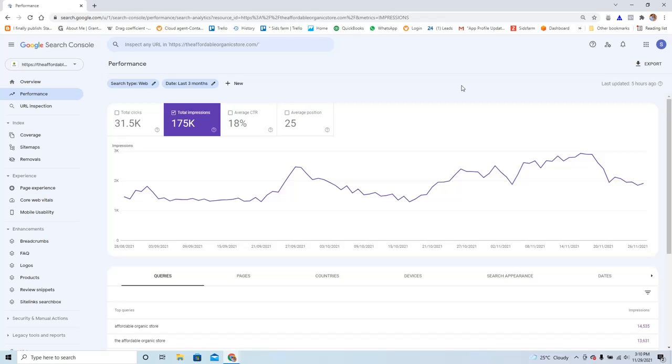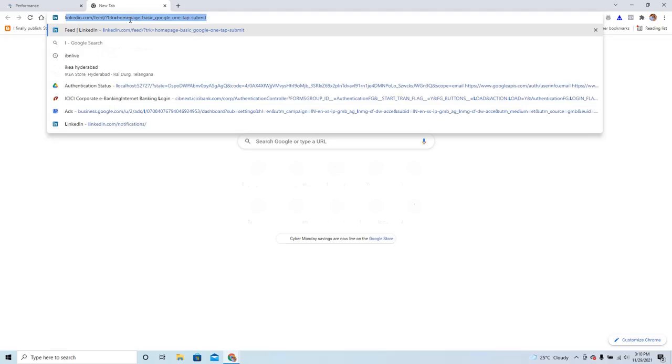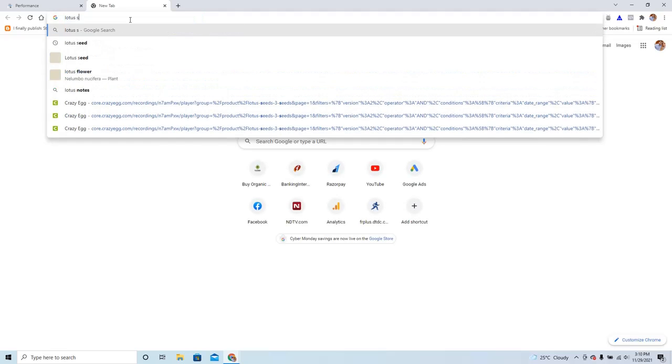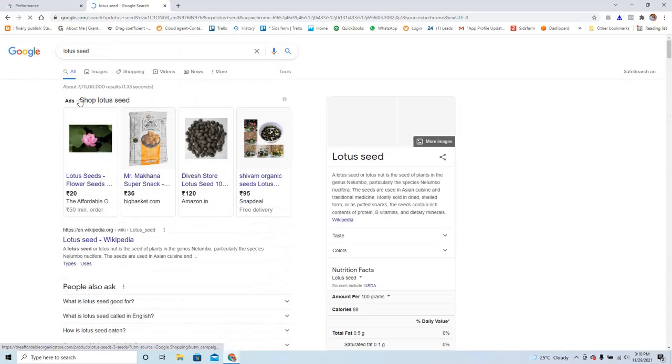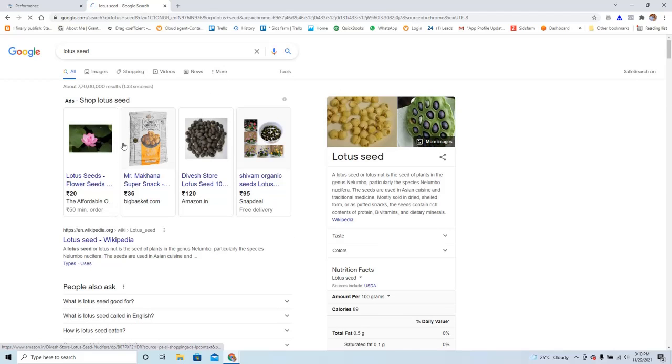But there are other people also selling the same product, so Google gives you a ranking. Let us search for lotus seeds, and that will make it clearer. The moment you search for lotus seed, the first thing you get is ads at the top. There you can see, okay, we exist.